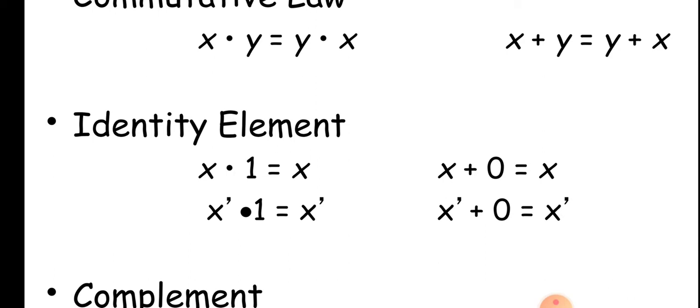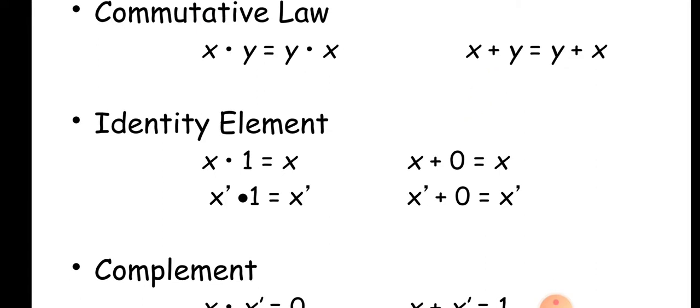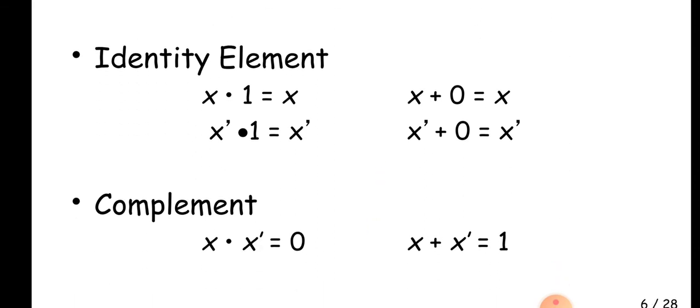The same holds for the ORing purpose, that is the sum part; there we take x plus 0, not 1. So x plus 0 equals x, and x complement plus 0 is x complement. You should memorize all these laws, because when we have to prove or solve a Boolean expression, we have to use these theorems. If there is an equation like x complement plus 0, we directly write the value as x complement.